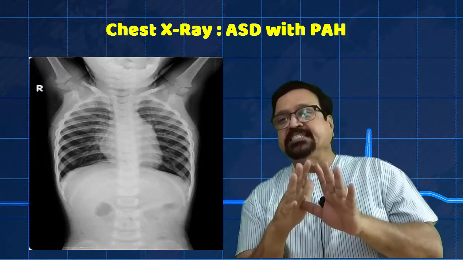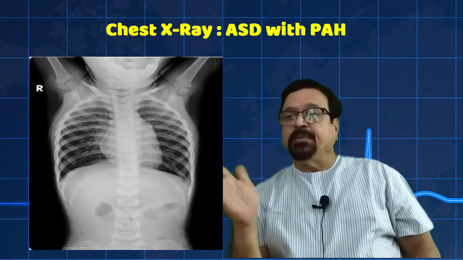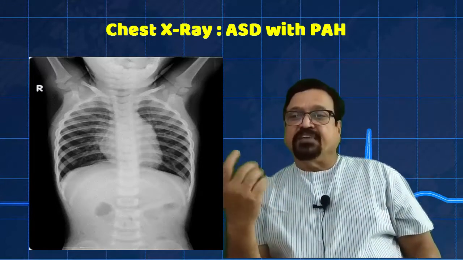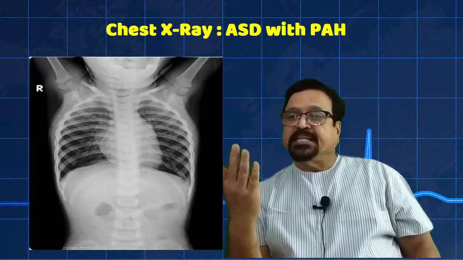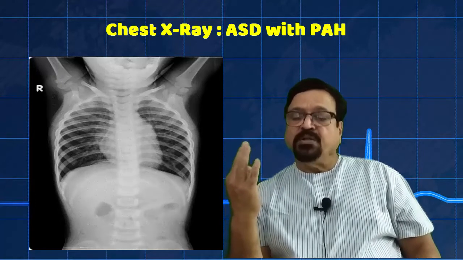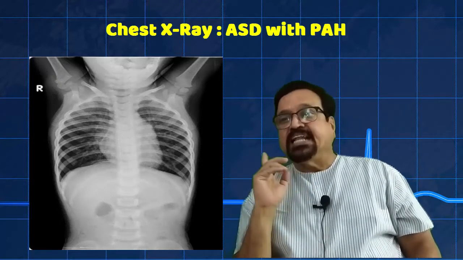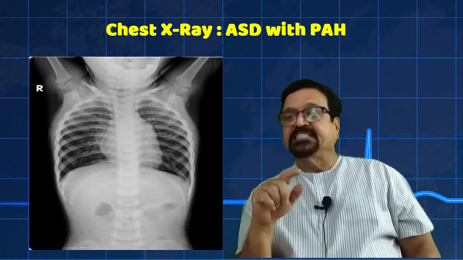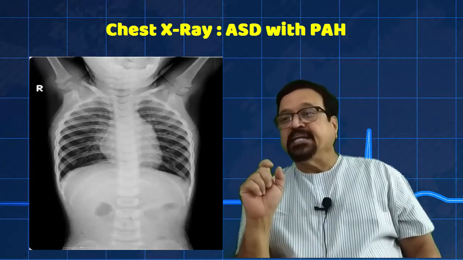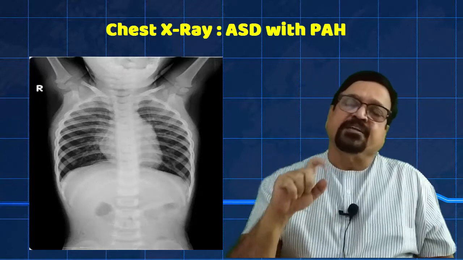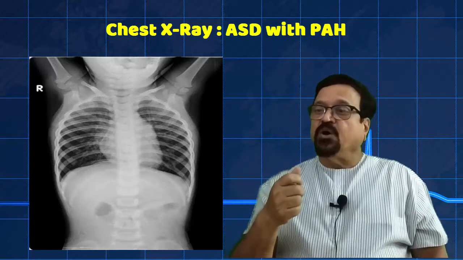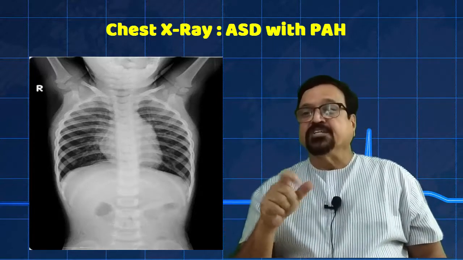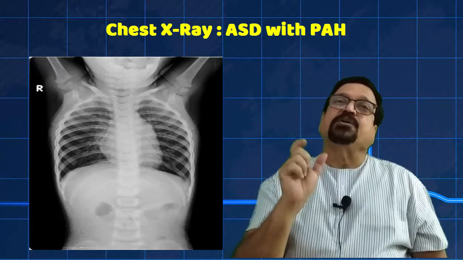In cyanotic heart disease, if there are oligemic lung fields, we think of Fallot tetralogy, then hypoplastic right heart syndrome and Epstein. And in case in cyanotic heart disease there is a plethora, we suspect TA, total anomalous pulmonary venous drainage, or truncus arteriosus. So these are the classification first of the cyanotic heart disease.